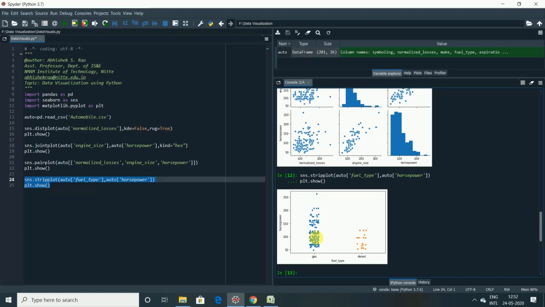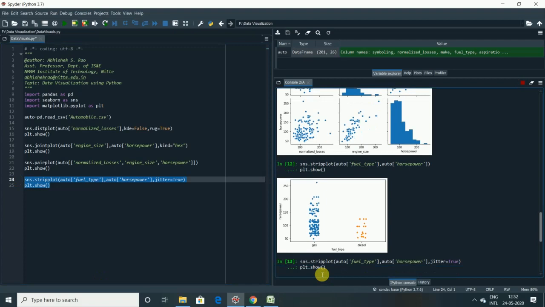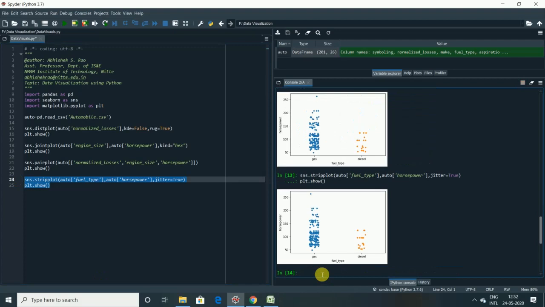So what I do is I add another variable called jitter. Let us see, using jitter, are we able to analyze this data in a better way, or is it sufficient enough to use that particular variable? Let us use that variable called jitter. I use jitter equal to true, and let me see, is there any variation in the output? I'll execute the same code, just a new attribute has been added. Yes, I think now it's quite better comparatively to the normal strip plot without using jitter.